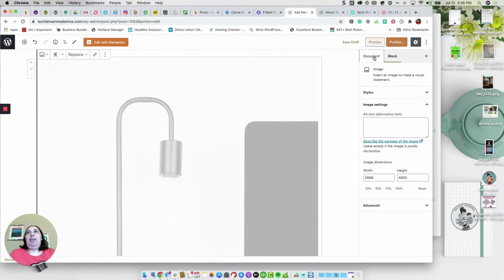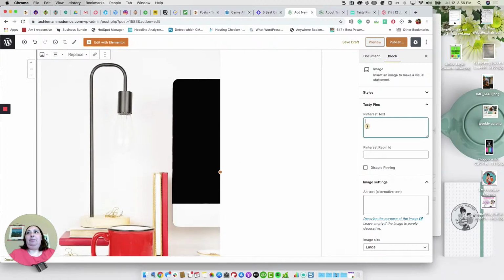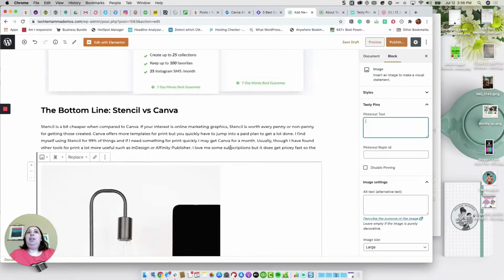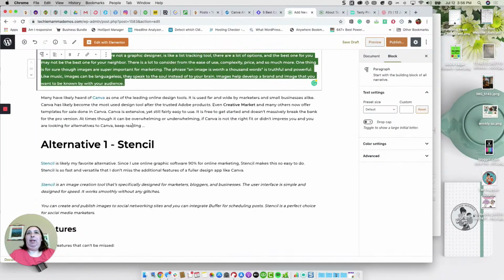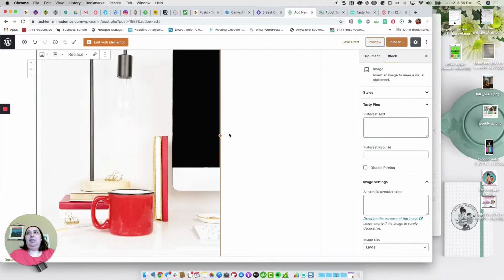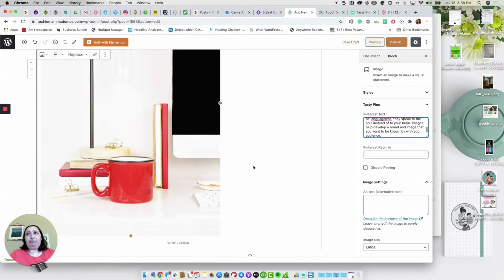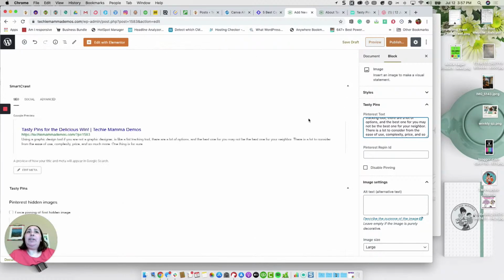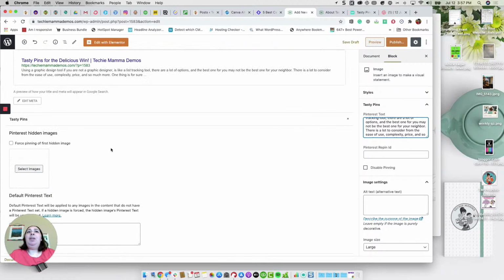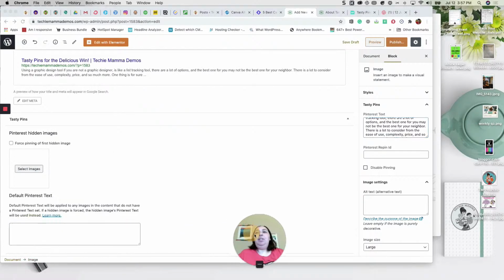Then again, in our block settings, we can do a little description about what we're going to do. And actually, in the new version of Pinterest, they also give you an option for the title. So you can put in a title, you can put in the description. Then over here,